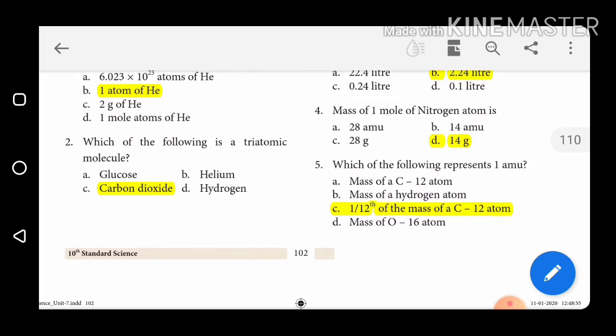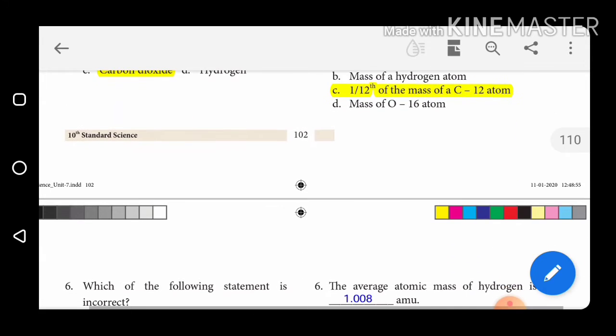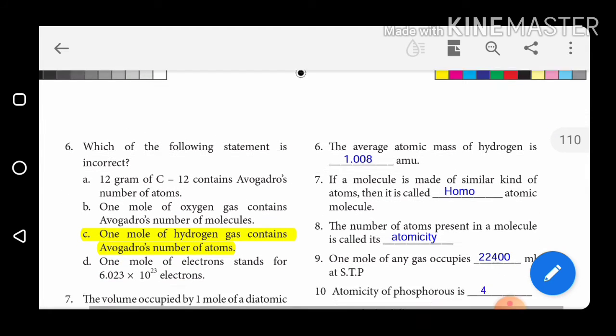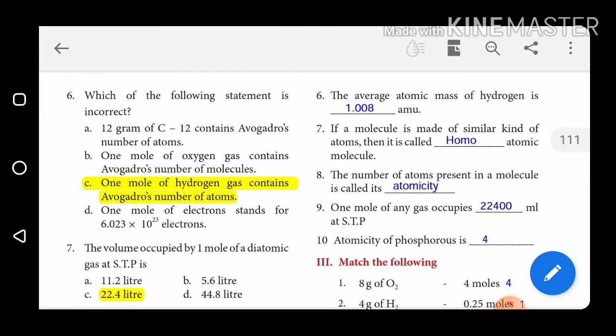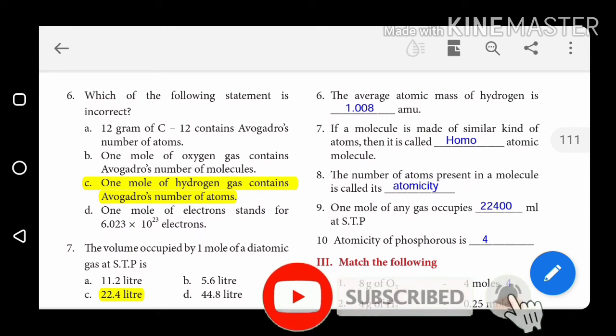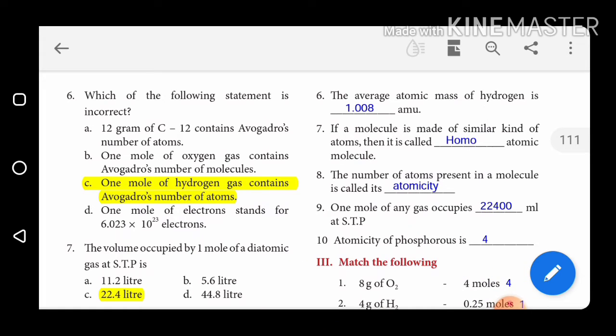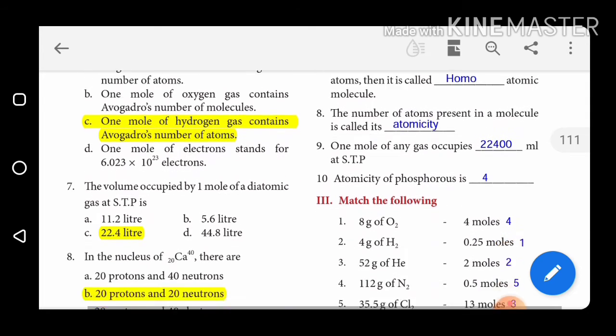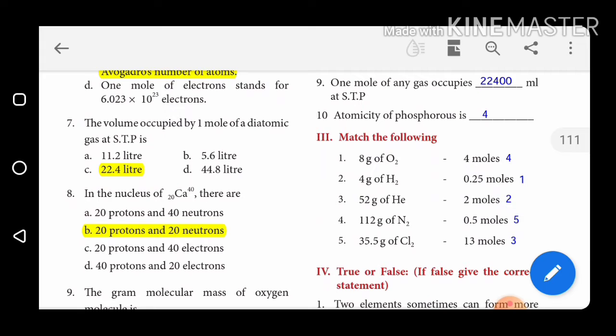Fifth one, which of the following represents 1 AMU, atomic mass unit? The answer is C, 1/12th of the mass of a C, that is carbon 12 atom. Next, sixth one, which of the following statements is incorrect? The statement, 1 mole of hydrogen contains Avogadro's number of atoms, this is the incorrect answer. Seventh one, the volume occupied by 1 mole of diatomic gas at STP is